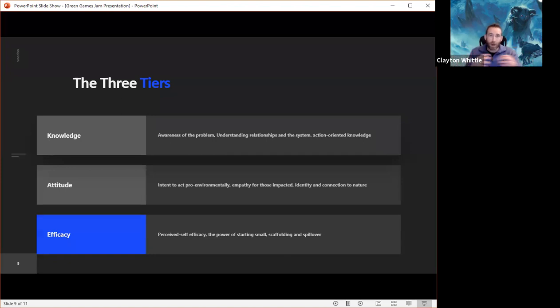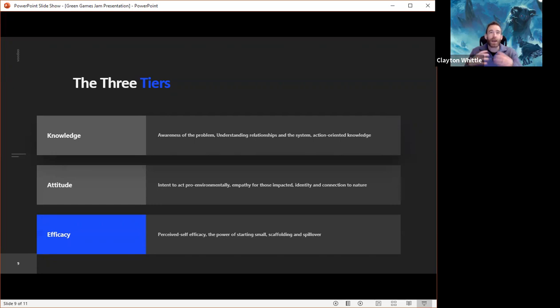You do not walk into a classroom and walk out knowing how to be a better environmentalist. You don't play a game and walk away saying, now I care about the environment. But every time you have those interactions, you move a little bit further on the scale. And so as game designers, as game developers, as game researchers, artists, whatever your role is, we have to ask